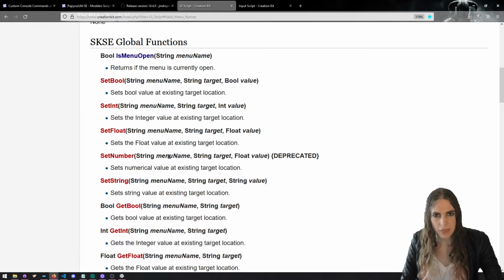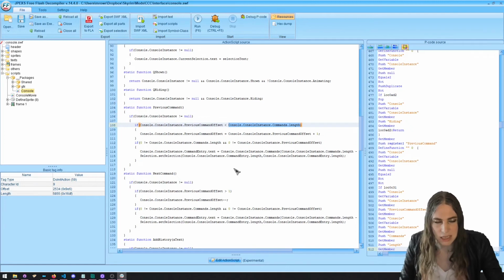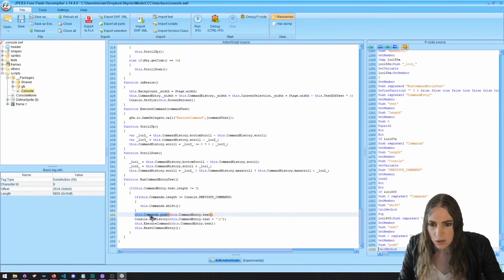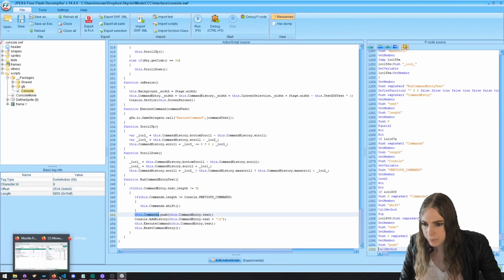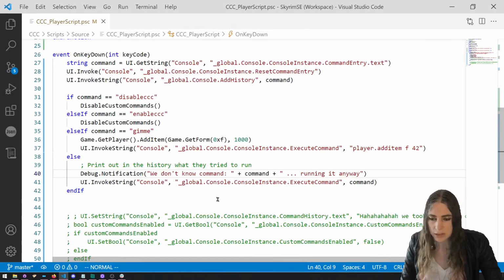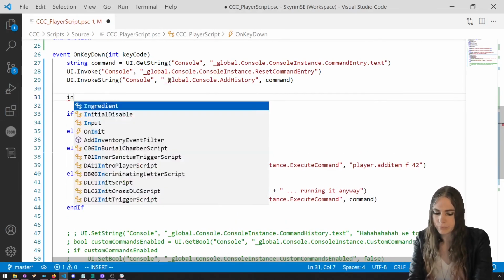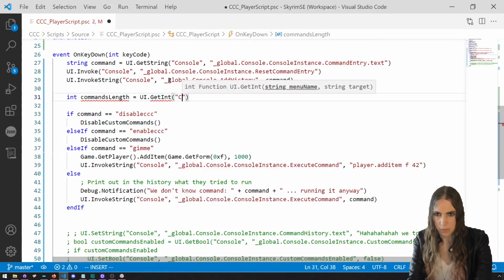Let's try and get the length of the, I saw this, we did it in our custom console commands. Let's try and get the length of .commands, which is on the instance. So it's instance.commands. Let's try and get that thing's length. And then we'll print it out every time we run a command. It'll probably not change because we're not adding to it. We're supposed to push to it. So let's say int commands length equals UI get int console